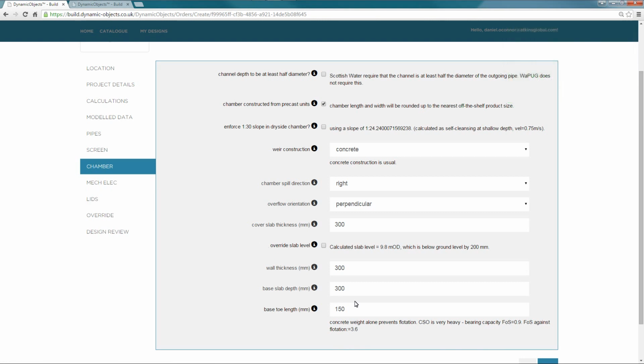Wall thicknesses and so on, you can change as you wish. The base slab depth, the bigger it is, the heavier the chamber will be, and it will help with buoyancy or anti-flotation. You've got some data fed back to you here. Concrete weight alone prevents flotation. CSO is very heavy. Bearing capacity, factor of safety 0.9. Factor of safety against flotation 3.6. So that's actually not given us a factor of safety of 1. So it's very heavy for whatever bearing strength we've got in